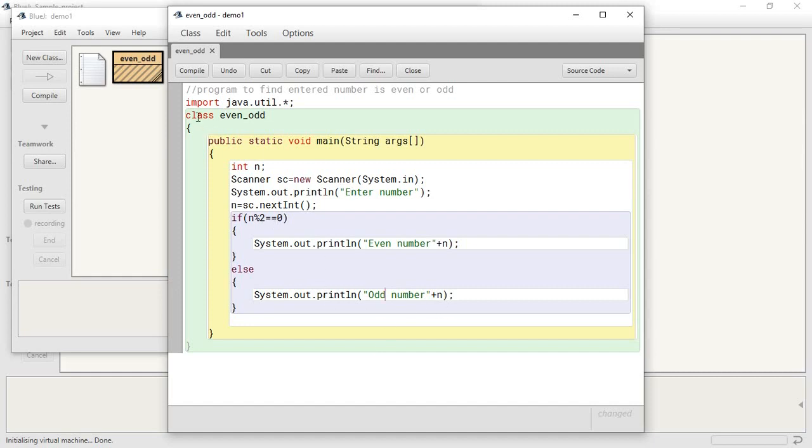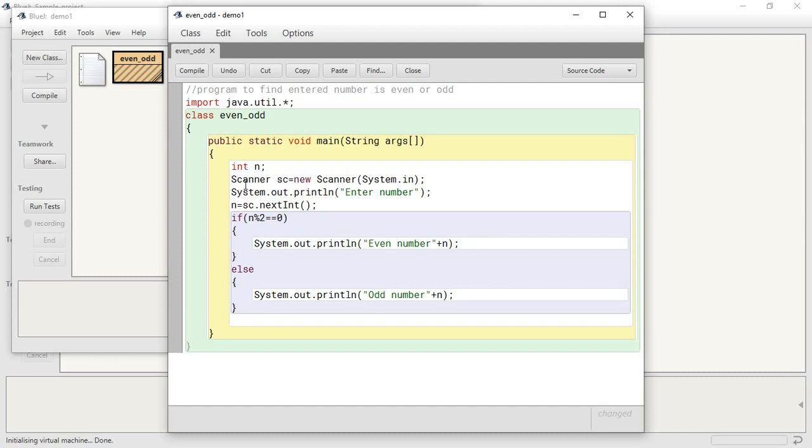Okay, so import java.util.*. All the related activities like the Scanner class and the mathematical operations will be present in this package. And we are going to create the class. The name of the class is EvenOdd. Then public static void main, where the execution starts from this main method. We define one variable called n, of integer data type.